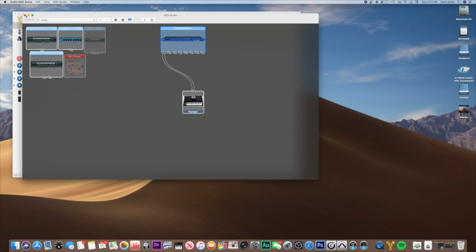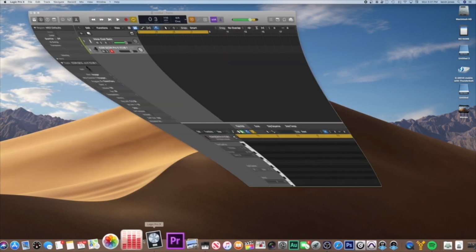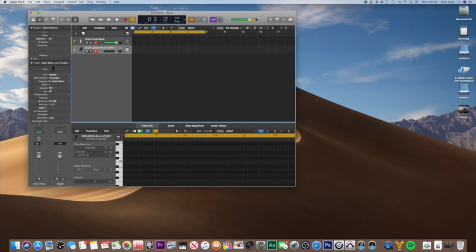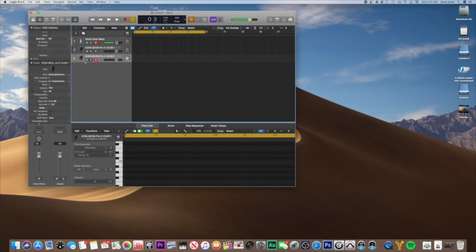So now we're going to go back into Logic, which I already have opened up here. And I've added a track here, but I'm going to add another one. Instead of an audio track or software, we're going to use new external track. And you reach over here, and we're going to go into the port, and we're going to see there's Voyager that we added. And you see my other 8 ports there, 1 through 8, but number 1 is the Moog for this particular thing. So I've brought that up, and now when I play it,